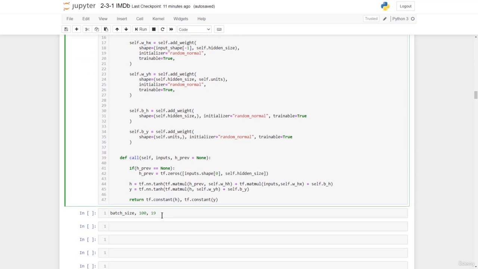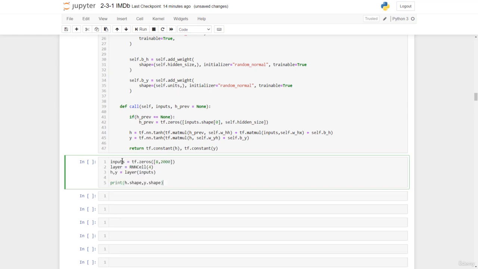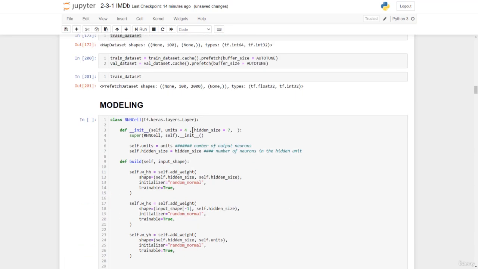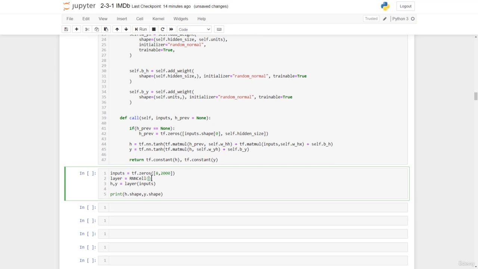So we could run this now. We could define the inputs, which is this zero vector of dimension the batch size by the vocab size. Now we're not considering the sequence length right here because our sequence length is 1. So basically this is our input. And then we have the layer, which is the RNN cell layer, which we define here. RNN cell with units 4, hidden size 7. Now since 7 is the default, we don't need to define that. We could take that off. And then we have this output h and y, whose shapes we're going to see from here. So we run this, run that,